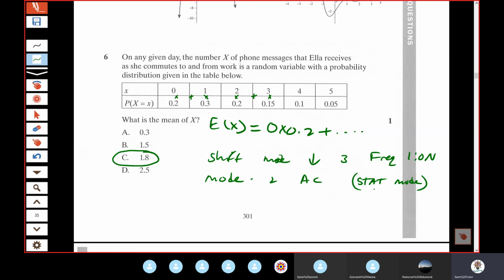Right? Then you'll press shift 1. Then you press 2 for data. Now you should see 2 columns, one saying X, one saying frequency. And then your X is obviously 0, 1, 2, 3, 4, 5. Your frequencies are 0.2, 0.3, 0.2, and so on. Once you put all that in,